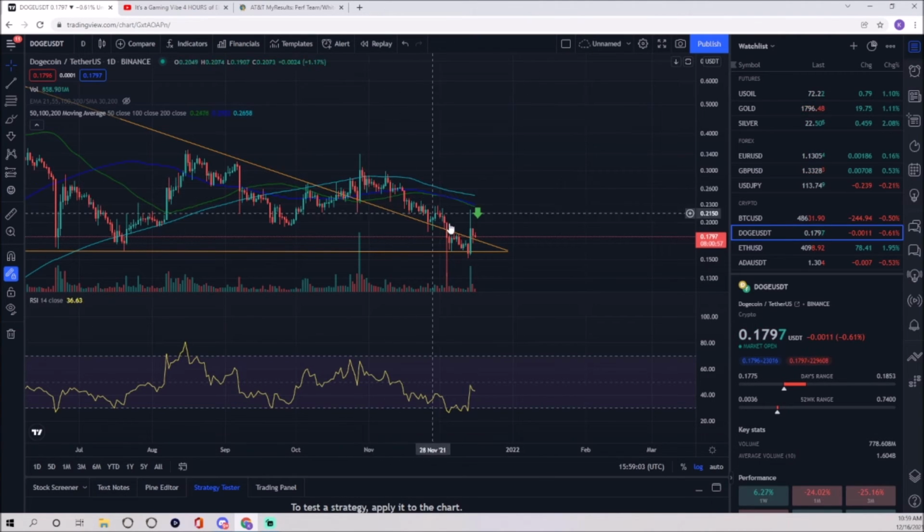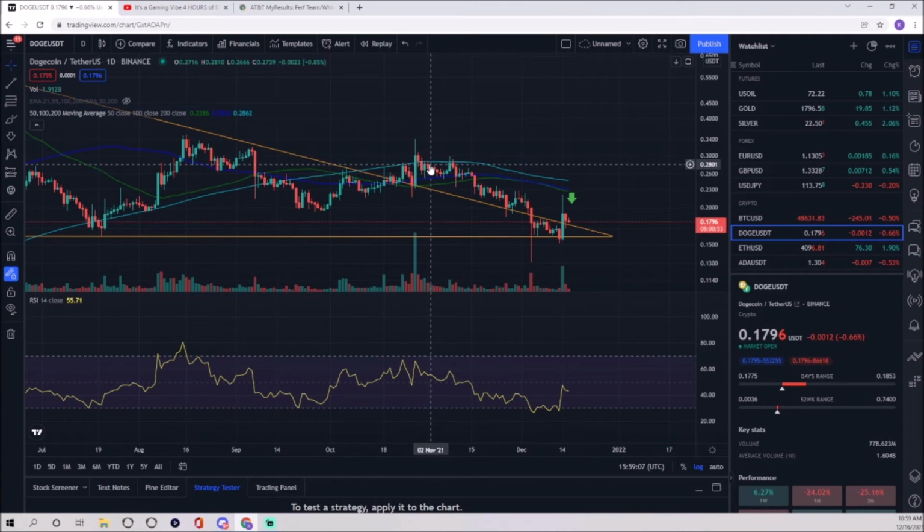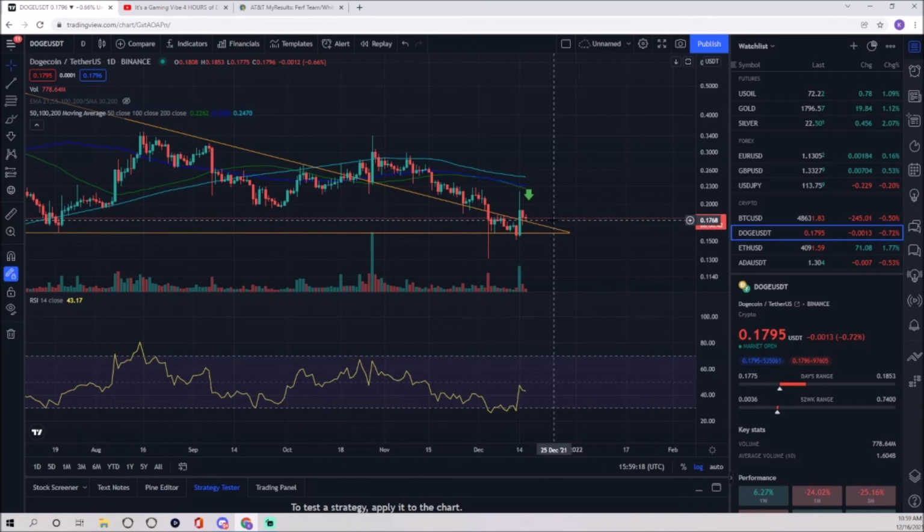But then what happened? Bitcoin made a dump, Dogecoin followed it, which is actually kind of crazy how it lined up, because it made us get right back into our descending triangle. We broke out of the apex again, and now we're basically in the same position except at a lower price level. That's okay. If I had to really put a timetable on it, probably somewhere in,